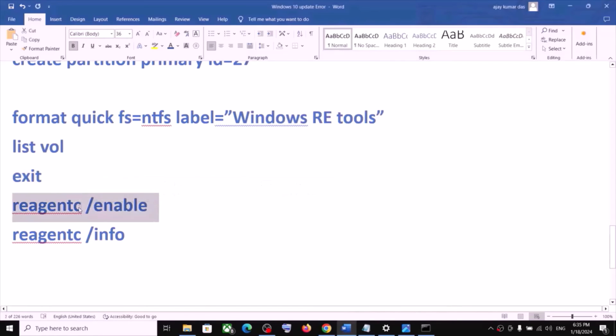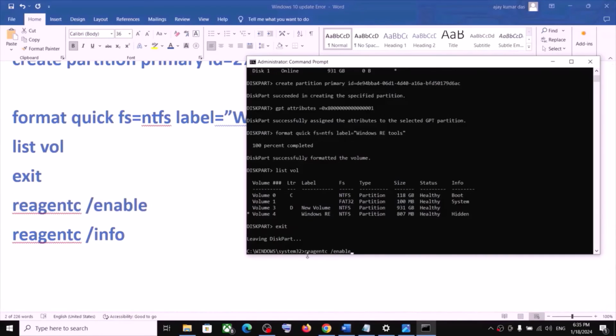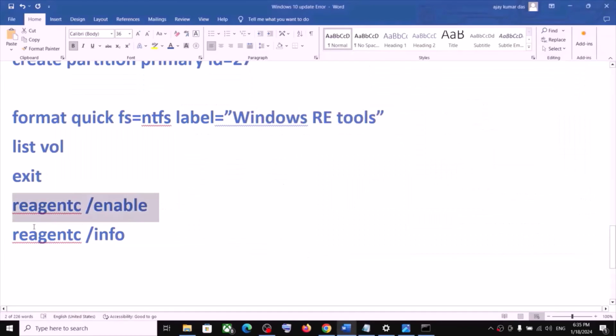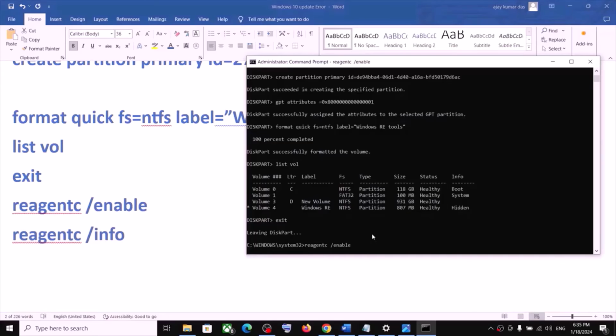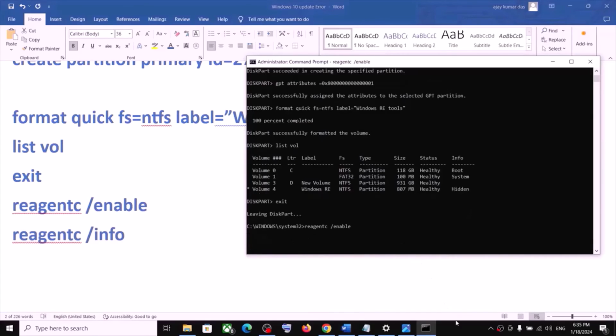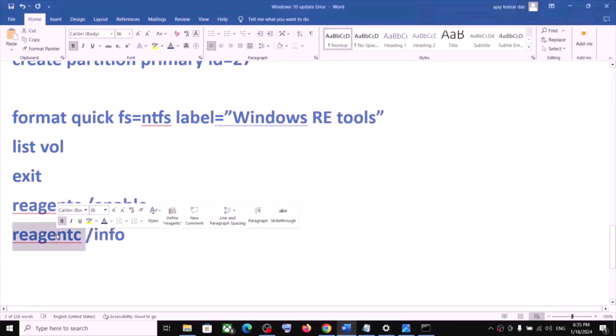Now paste it over here, hit the enter key. Now again copy this, let this complete first. Now paste the last command,